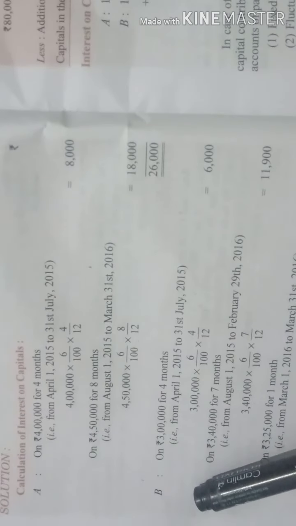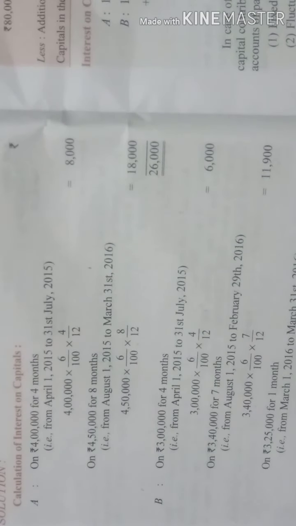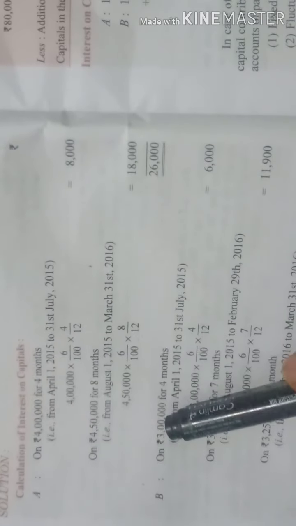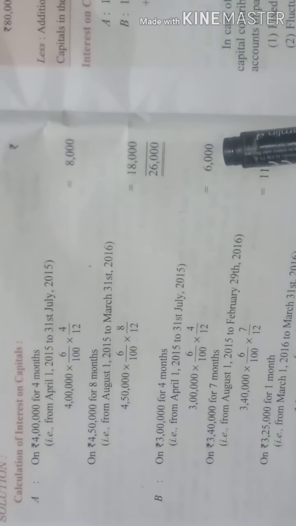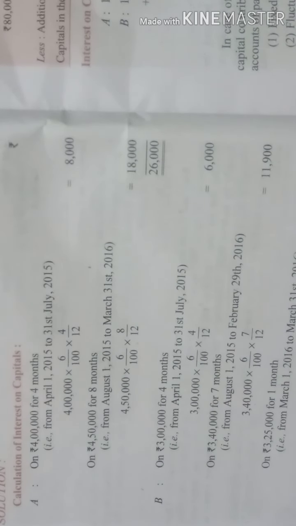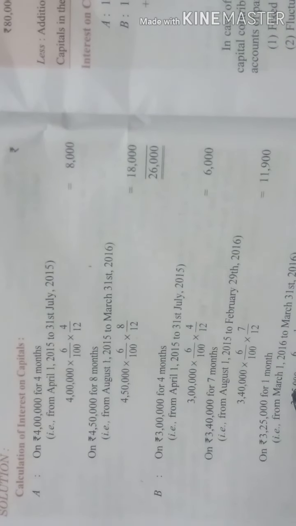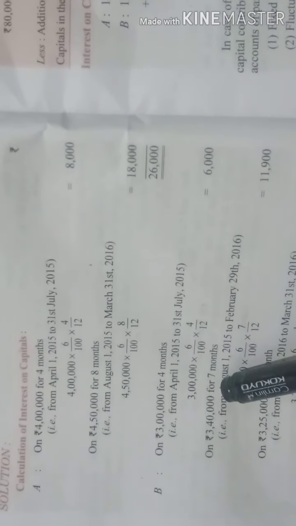Okay. Now partner B. Partner B has a capital of 3 lakhs, again for 4 months, because on 1st August there was an introduction of further capital. So till 4 months he has what amount of capital? 3 lakh. So 3 lakh, 6% into 4 by 12. This will give us 6,000. Now I hope you remember for the last month, that means on 1st March, what he did? He withdrew 15,000. Right? That was the line which we read out. So first and foremost, there was a further introduction of capital on what date? 1st August. Okay. So it gives us 3,40,000.